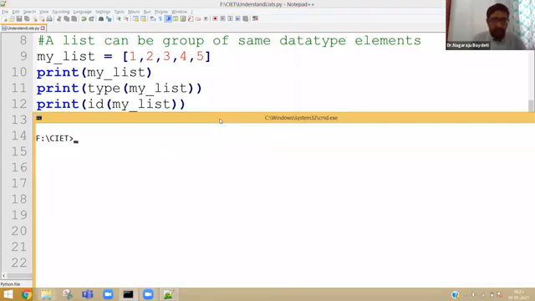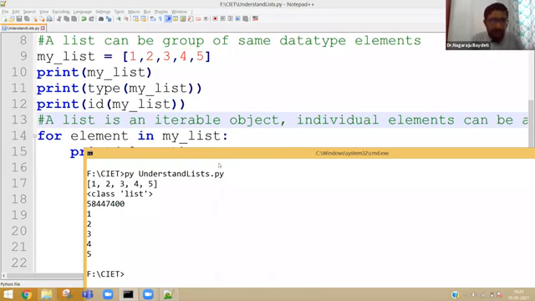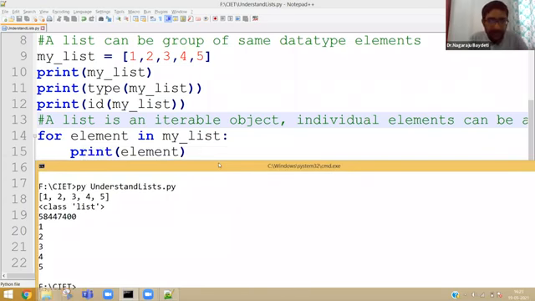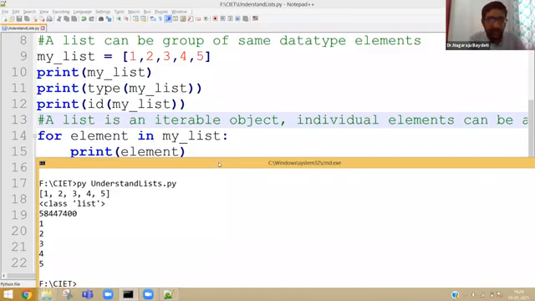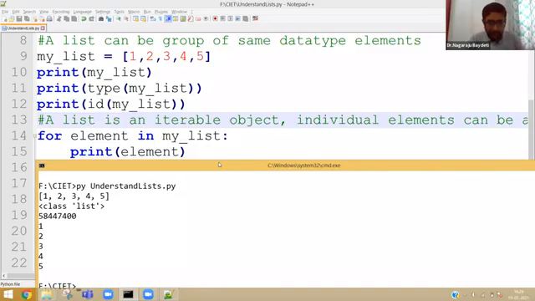Now I hope you might have understood that the previous execution gave me an address which is different from this address. That means lists are not interned. Just because we discussed integers, there is integer interning. Then we discussed strings, there is string interning. Okay, there is no list interning. So don't get confused by the different address in the previous output and this output.